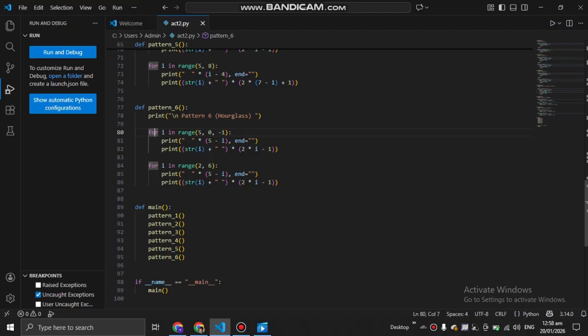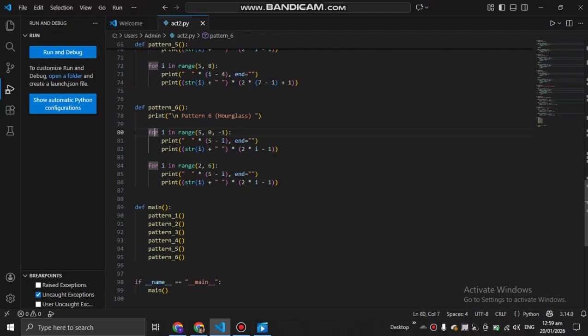Then this line is for the spaces to form the hourglass shape. Then print string I plus blank space, times 2 times I minus 1. So this code prints the number I multiple times again.